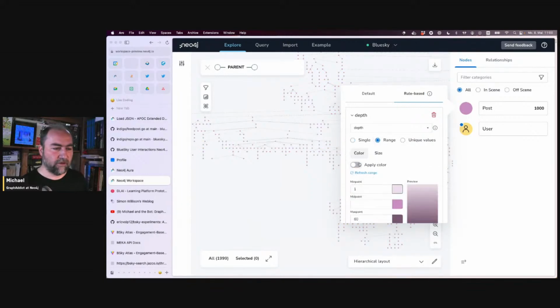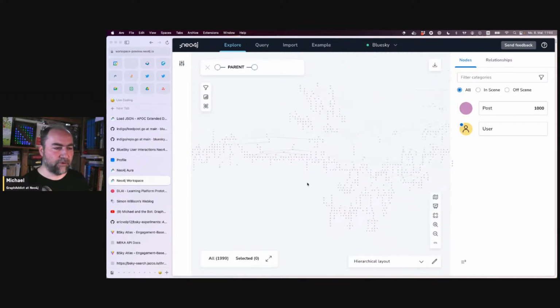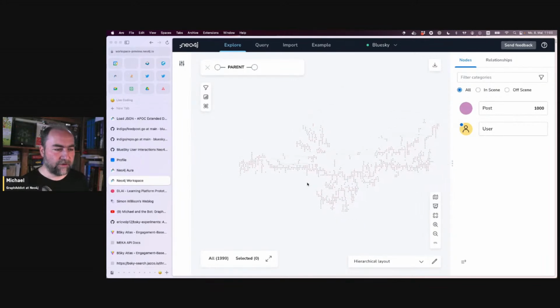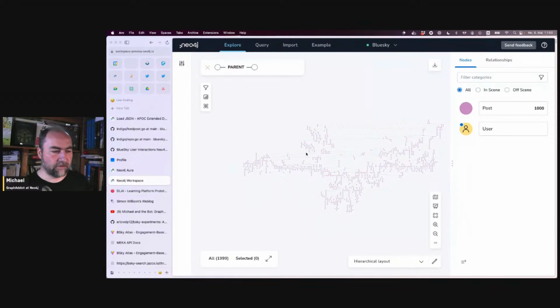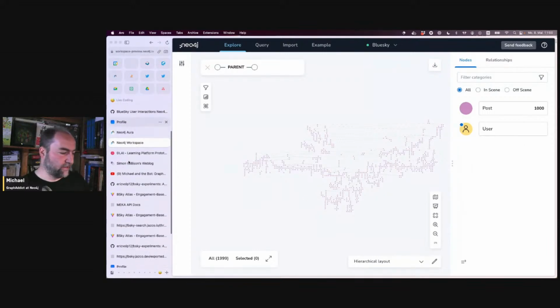I can also say this should be a range, and then they go darker the deeper they are, or I can go on size or something like that, right? So that's also possible. And so I can also represent how deep a post is in this hierarchy. And if you import a bunch of these threads, then we can actually pick any